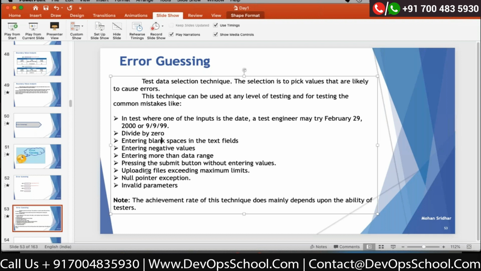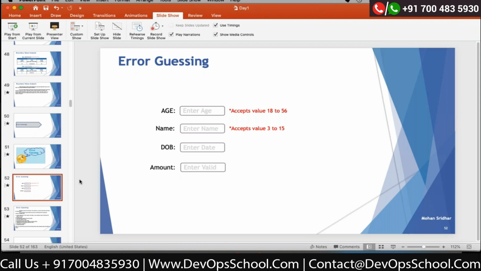So invalid cases, entering blank spaces. So if you go back here, sometimes I have to put a first name. Instead of that, sometimes application will accept only spaces. Okay. So sometimes in name field, if I enter only white space, it will accept, because of the bug. And sometimes what I do is name, I will enter space and space.